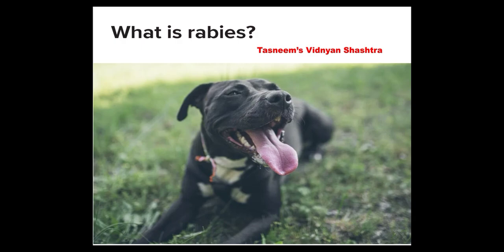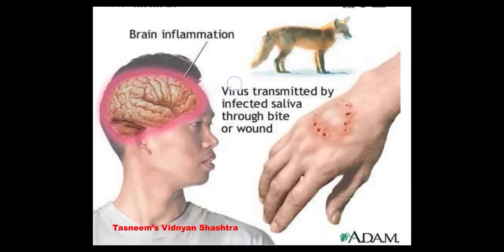Because of this virus, most of the people die. This virus is transmitted in the saliva of animals, and you know how dogs continuously keep their mouth open and breathe very strongly. The saliva is always falling here and there. So this saliva enters our body after the bite, and the symptoms include neurological problems and fear of light and water.